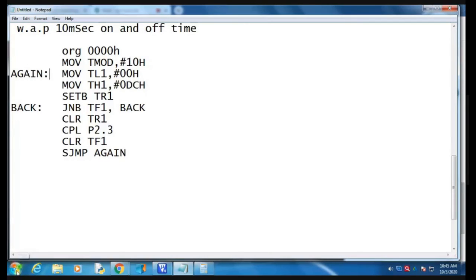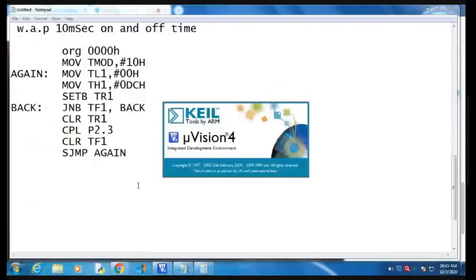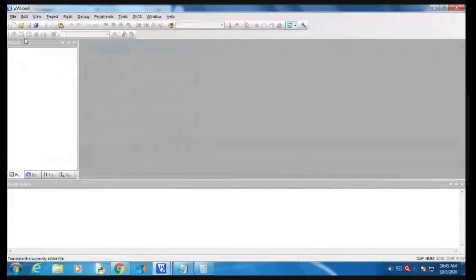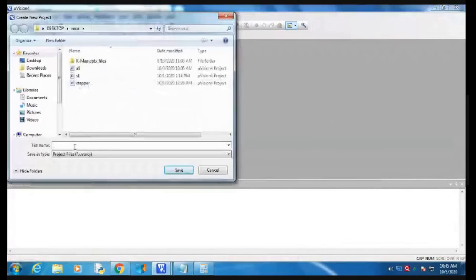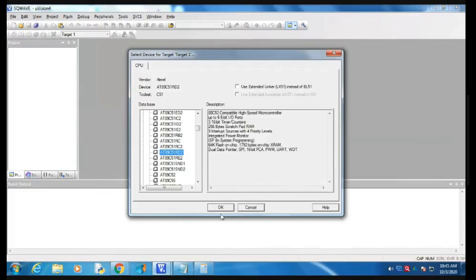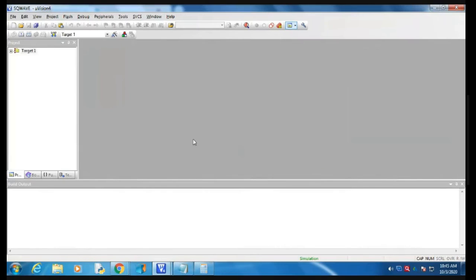Yes, sir. Now we have to make the program in the simulator. We closed all the previous programs. Generate a new one for the square wave. Save it, select the device 89C51RD2, and overwrite the program. Then the target is created and we write the program.